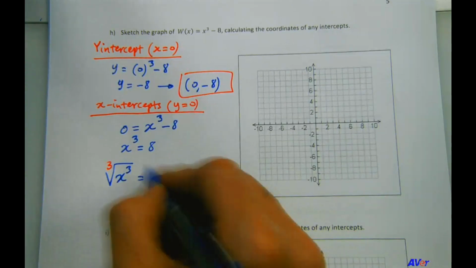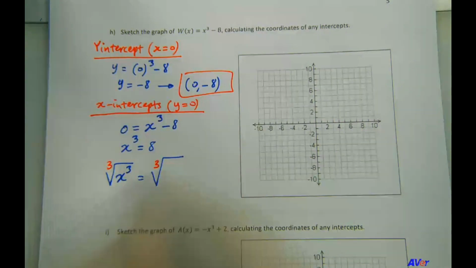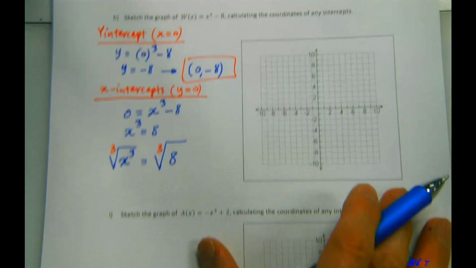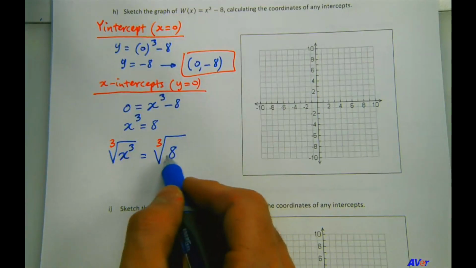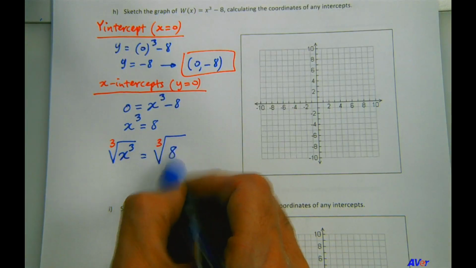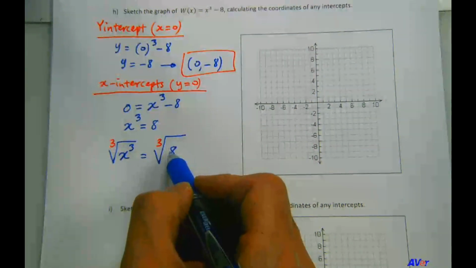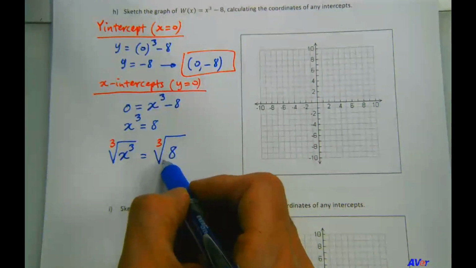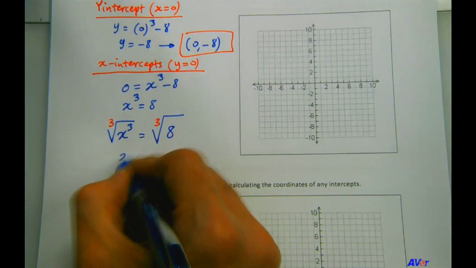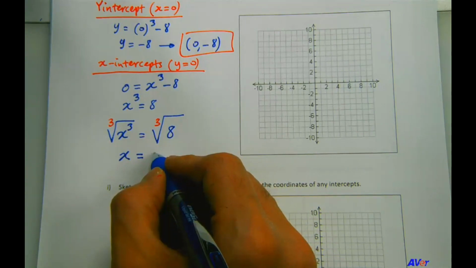That's the reason. So, and then third root of 8, right? Because it's an odd root, we're not going to end up with a plus or minus. It's just going to be whatever the sign this had. If this was third root of negative 8, we would end up with some negative value. If this is positive like it is now, we end up with a positive value. Okay, so on the left, things are becoming very easy. X equals, on this side, third root of